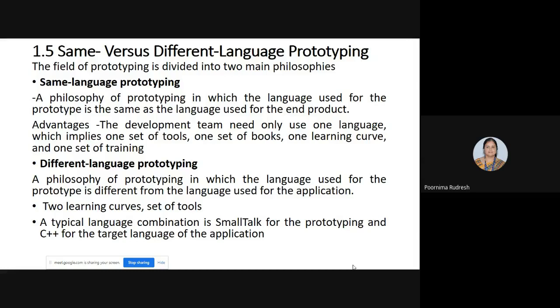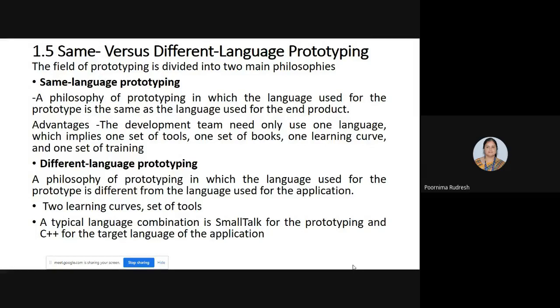Basically, what is the purpose of prototyping? The purpose of prototyping is to test the design ideas and requirements feasibility and not to implement the final product. Only the final product leads to the implementation phase or the coding phase. But in the prototype phase, what we are doing is developing the model and testing that model, whether it is meeting the user requirements or not, and that is not the final product.